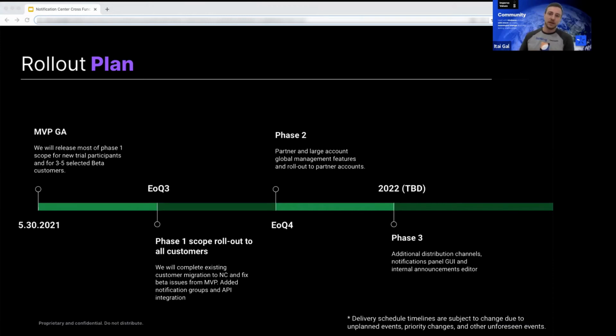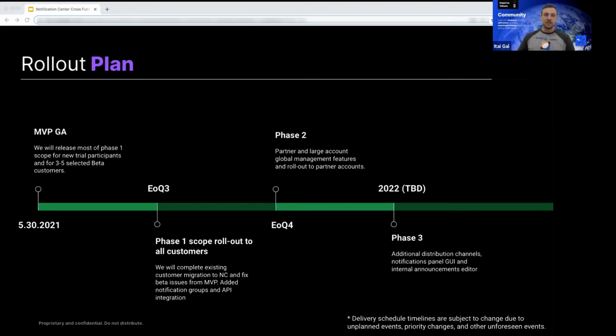Unfortunately, most of our customers will not be participating in the MVP. It's just going to be released to a group of selected beta customers and accounts that have started the free self-service trial that we are now offering for the AppSec products. You can check that on our website. We will be starting the MVP beta and getting some feedback, making sure that when you receive this feature,